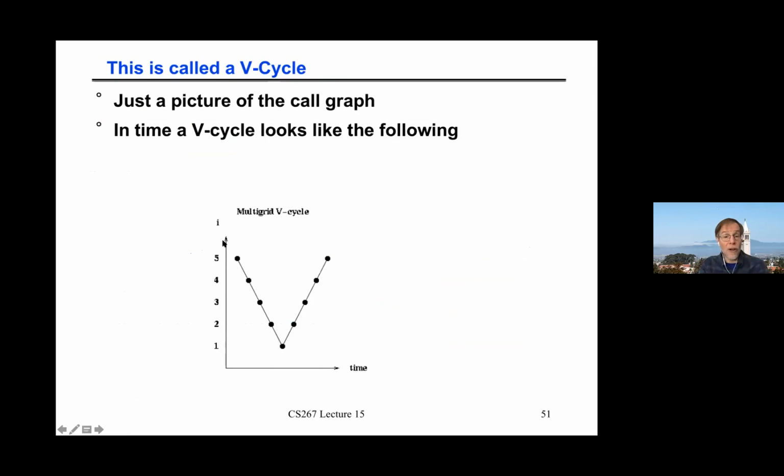So here is why it's called a V-cycle. This graph shows you what I is from iteration to iteration over time. So I call the algorithm on the finest mesh that corresponds to, say, I equals 5. It calls itself recursively on the coarse mesh, I equal 4. I equal 4 calls I equal 3 until you get down to the coarsest mesh, 1 by 1. And then it starts returning. You use the 1 by 1 mesh to solve the 2 by 2, the 8 by 8, the 16 by 16. And so that's why it's called a V-cycle. So the overall algorithm looks like this. And of course, you might do this multiple times, but this is what we're going to analyze